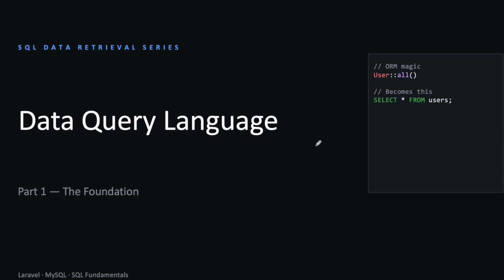From today we are starting a brand new SQL playlist, and this one is going to be very practical. We are not going to cover every aspect of SQL. Instead, we will mainly focus on data query language, how we can fetch data from a database. We'll start from the basic foundations like select and sorting, and then slowly level up to things like aggregation, joins, and even window functions. Once we understand SQL properly, we'll connect it with Laravel and see how Eloquent translates into SQL, how we can write complex queries for reports and dashboards, and also how to think about performance and